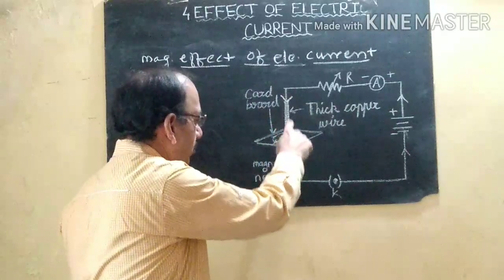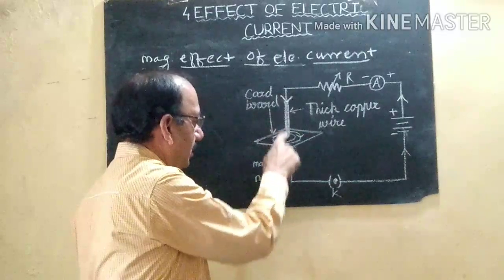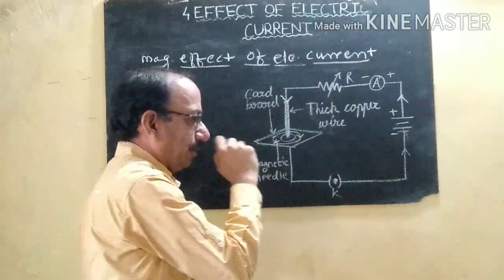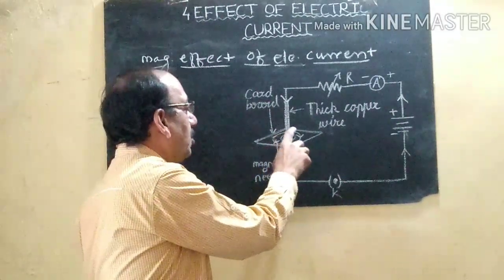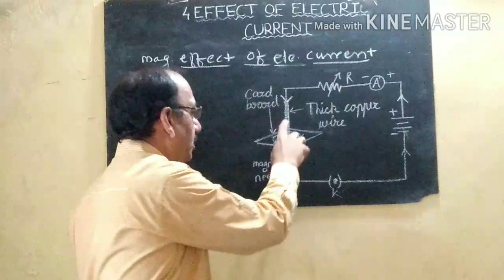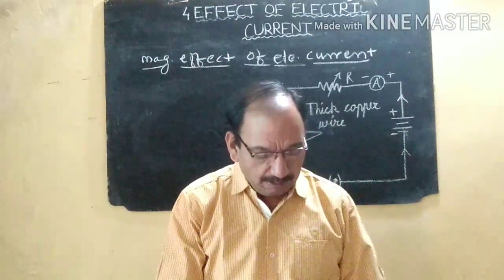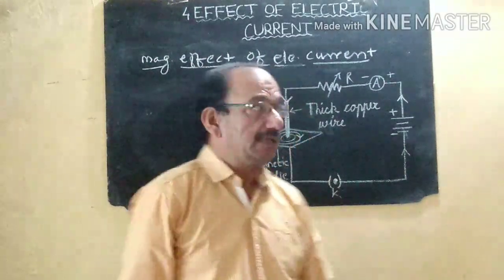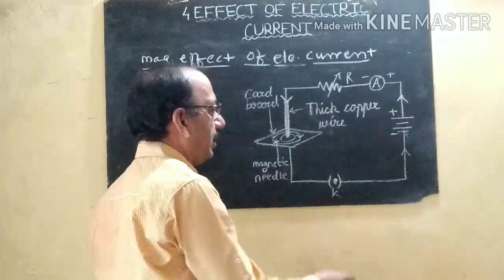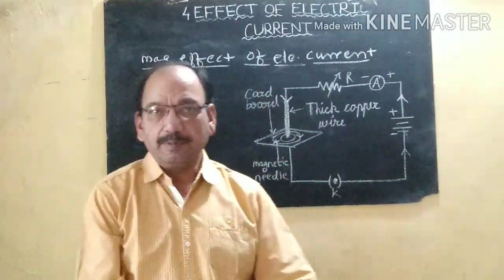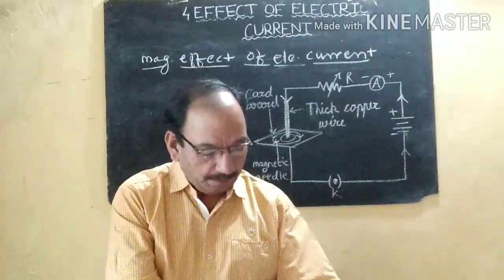When the current is passing through this cardboard and we keep the needle near this conducting wire, it will show deflection. When we mark this deflection with the help of a pencil, some concentric circles are formed around this conducting wire. The direction of the current shown in the circuit is the conventional direction. You already learned about the conventional direction of an electrical current. The current will always flow from positive to negative.